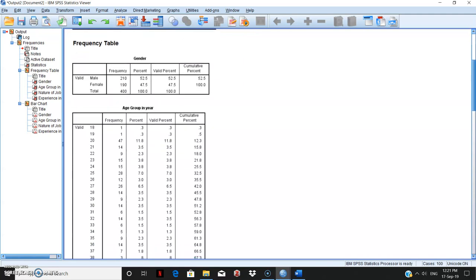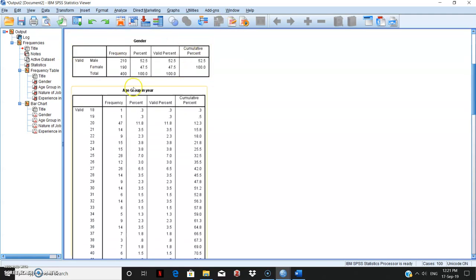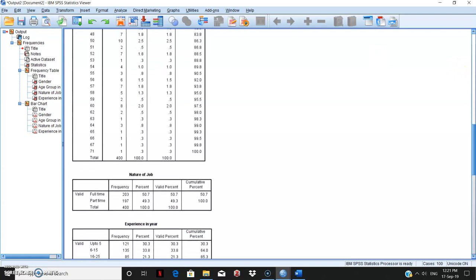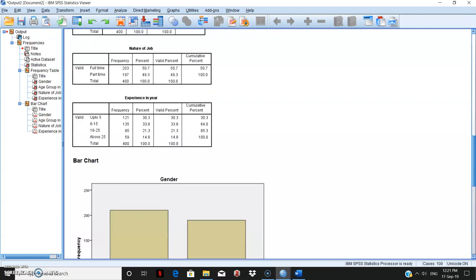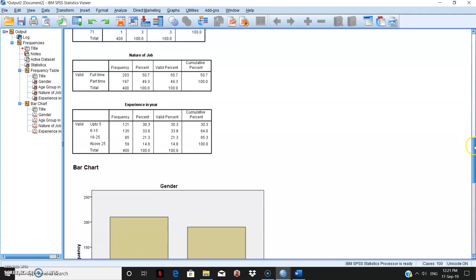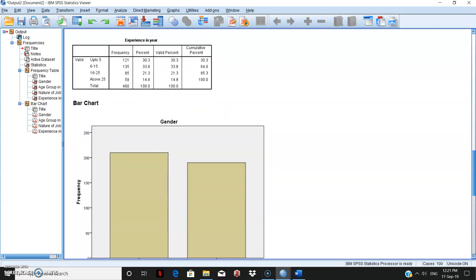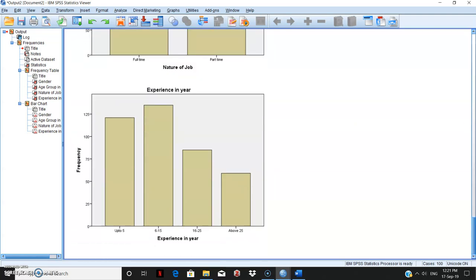Now you can see very clearly here that the composition of male and female in terms of frequencies is given. Even the age, because the age is taken as a ratio scale, that is why you have so many entries. But then you have already learned that you can regroup them by recoding them and convert that into a nominal scale. Look at the nature of job. Again, you have a frequency distribution, and the graphs are given here. So, I think you would have learned how to calculate the mean and the frequency distribution, how to use the compute variable option in creating